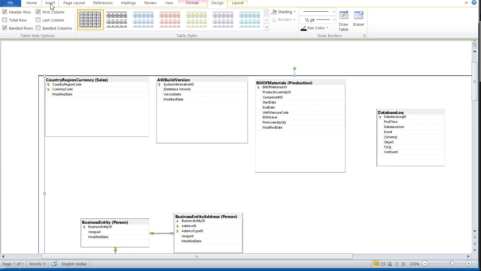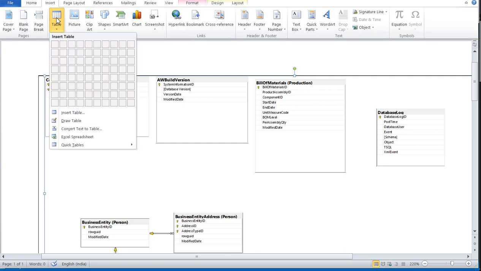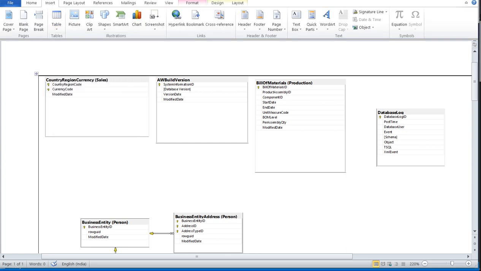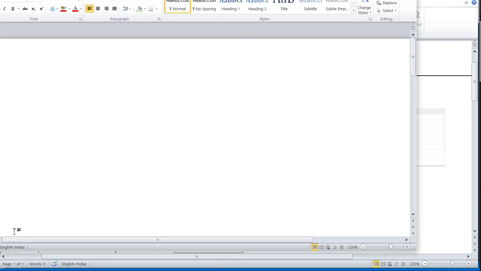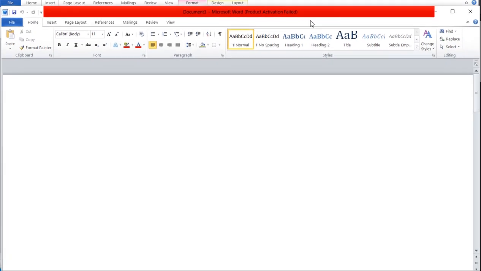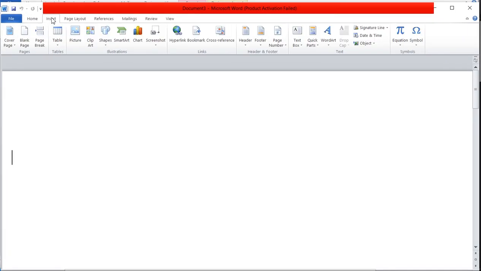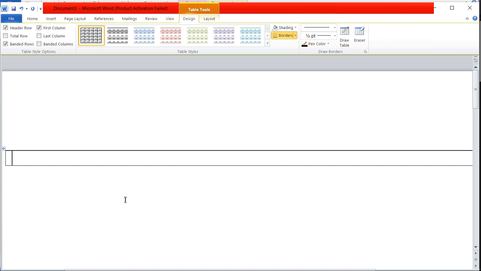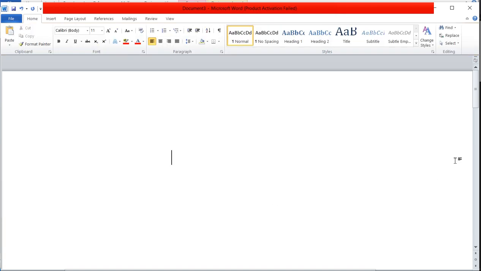And go to another Word page. Okay, and if you insert, you have to adjust too many things.